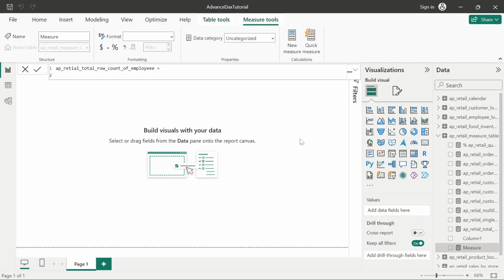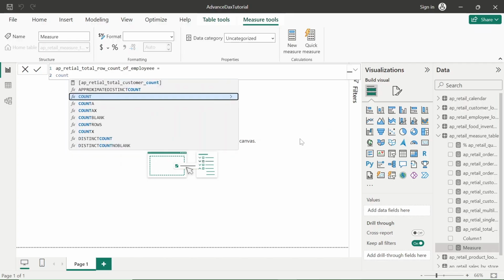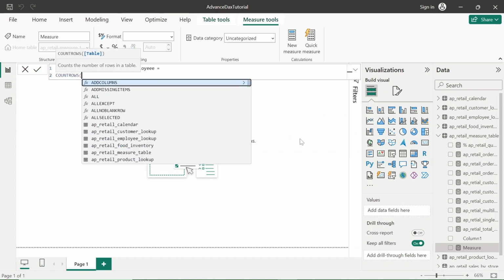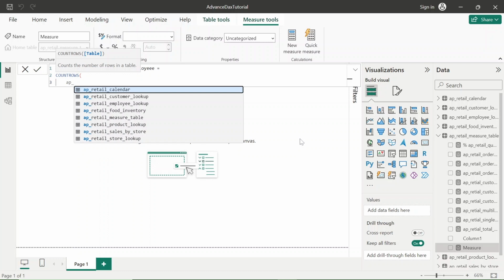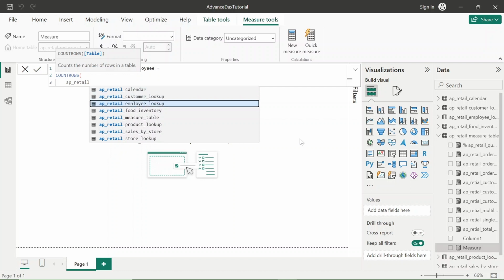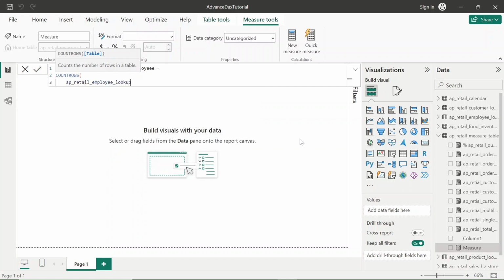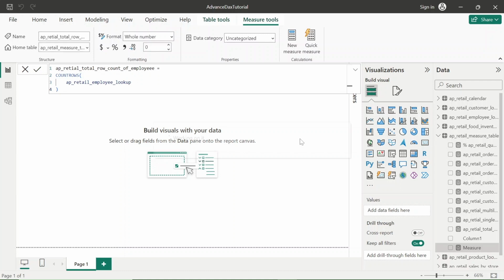The COUNTROWS function. And what parameter will it take? It will take the name of the table, retail employee lookup. Okay, so both measures have been created successfully.